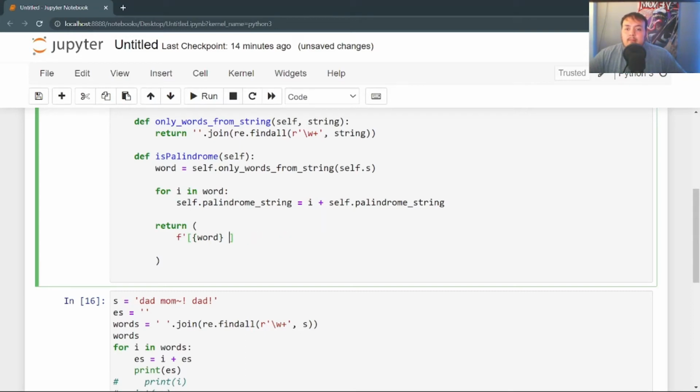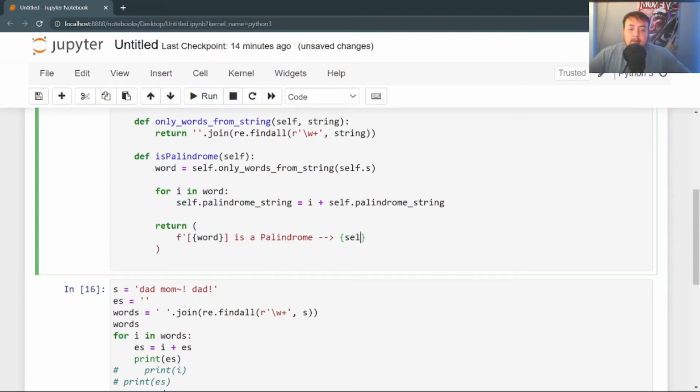Oh, not in there. Is a palindrome, and then we're going to point at the new word. And then we can call the new word, self dot palindrome